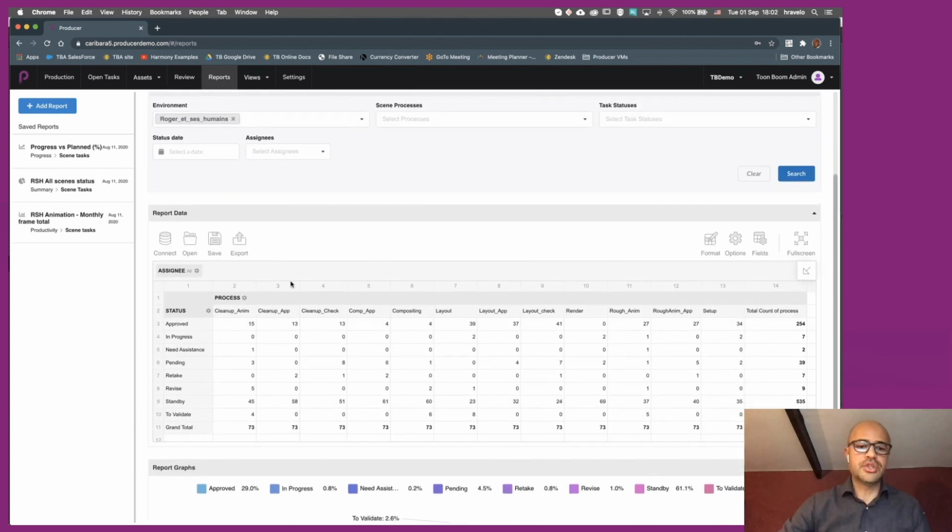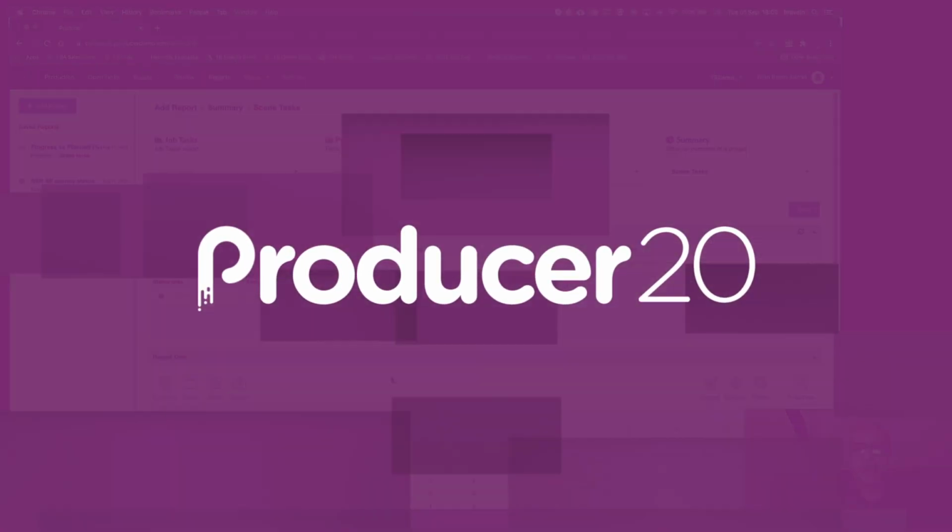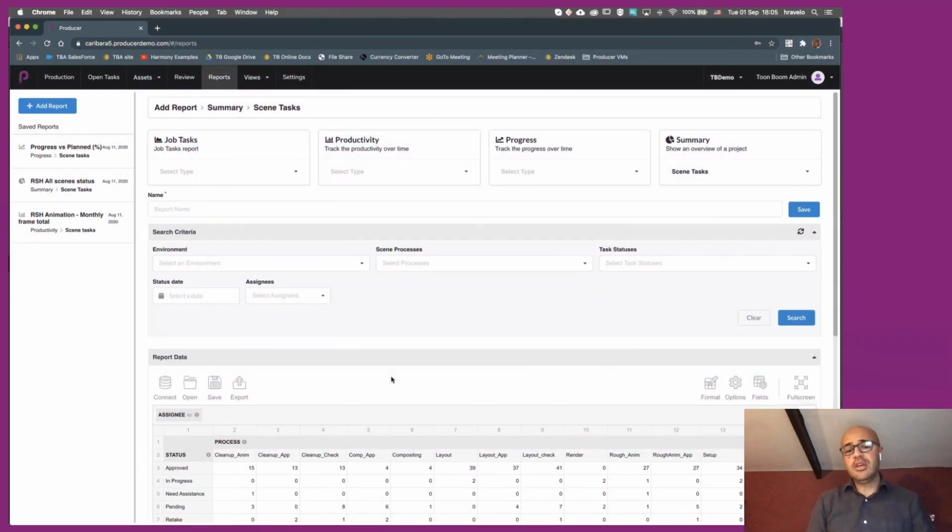All of this information can now be exported either to HTML, to CSV, to an Excel spreadsheet, PDF, or you can also export it to a script so you can incorporate it into some other way of seeing your data. You can also save any of these reports so that you can have access to it later.